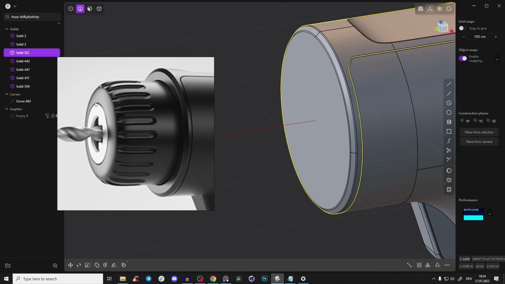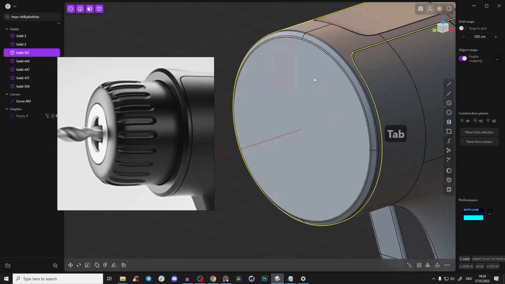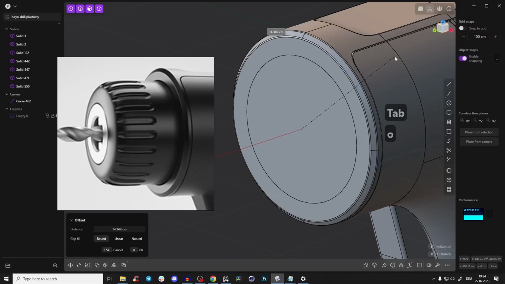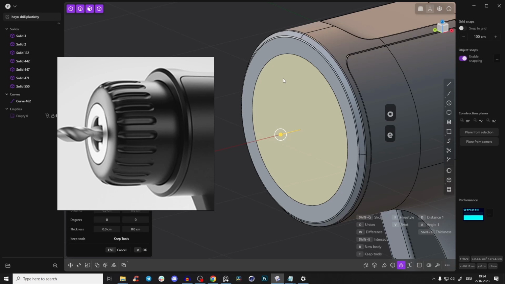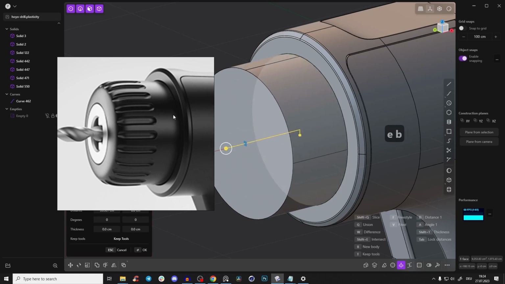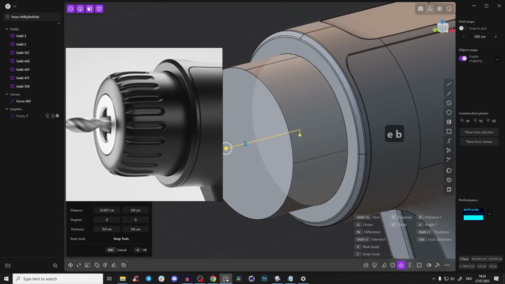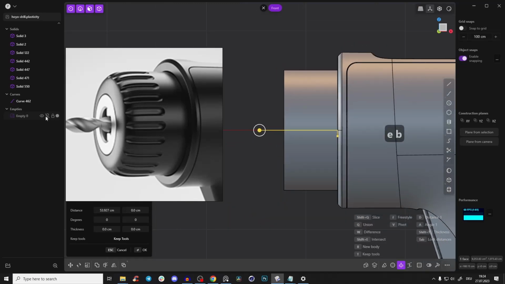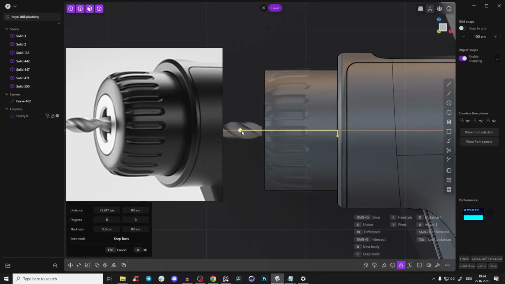And yeah, here, so this ripples, there are a ton of different ways how we can do it, but I want to show you some cool techniques. So select a face, press O, offset it, select this face, press E and B for creating a new body. And let's see how far we have to go. So yeah, somewhere